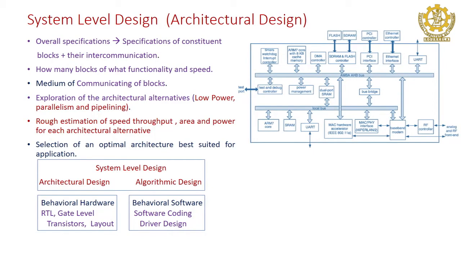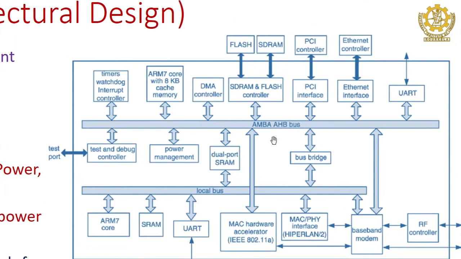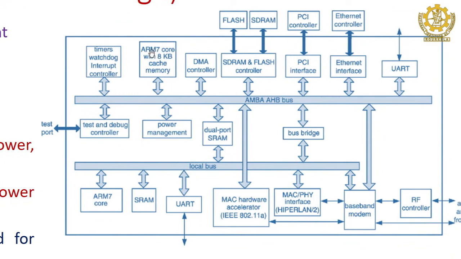I think this is actually a block which consists of an architecture. It is to show that this is an architecture of a system on chip, where you may have one ARM processor, the most used processor in today's market. You may have different memory types and peripherals like DMA, SDRAM, and other peripherals; the memories are used for flash and SDRAM to store.